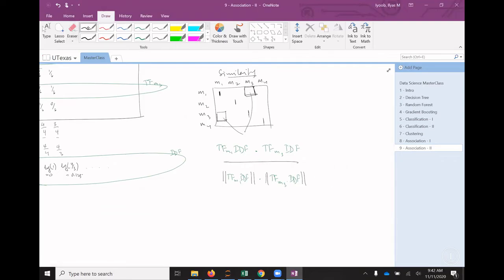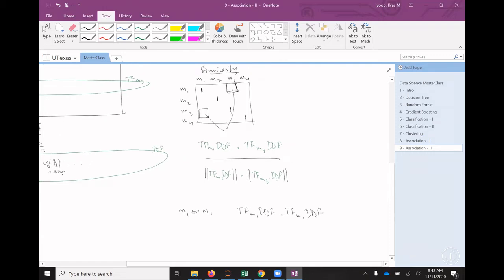So if we were doing movie 1 to movie 1, then you have TF M1 IDF times TF M1 IDF, right? Which is the sum squares, right? Which is basically equal to the sum squares,